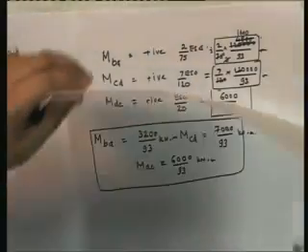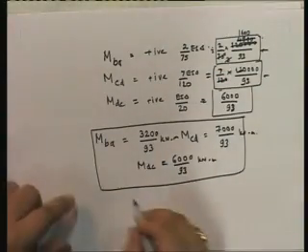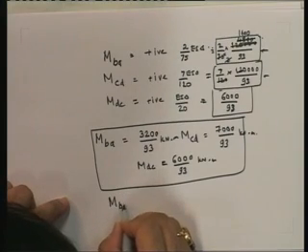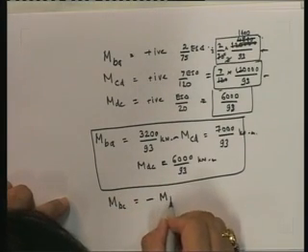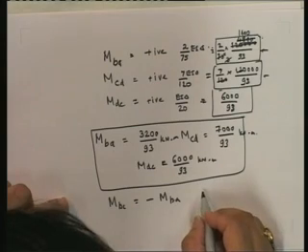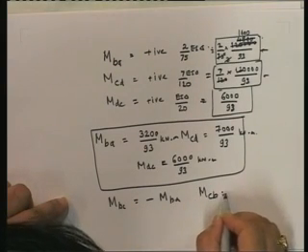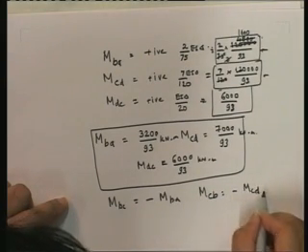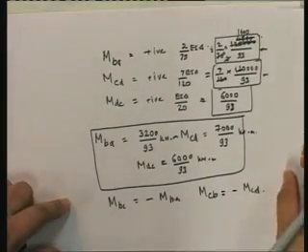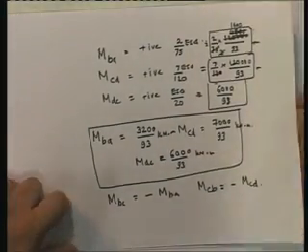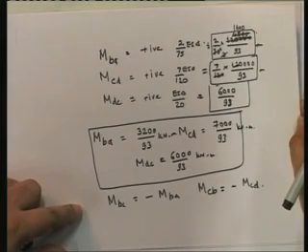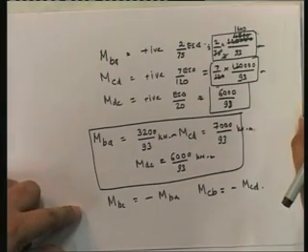What are MBC? Well, note that from equilibrium, MBC has to be equal to minus MBA, and similarly MCB from equilibrium has to be equal to minus MCD. So therefore, if you look at this particular situation, this becomes,